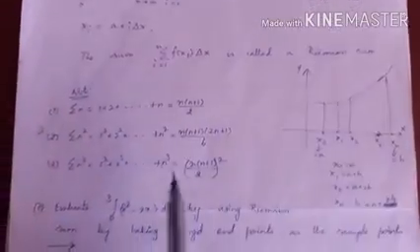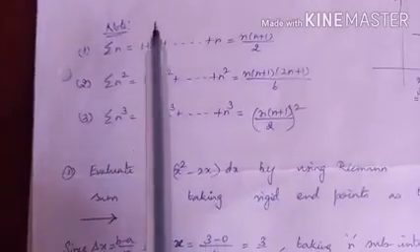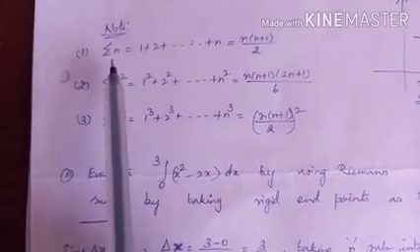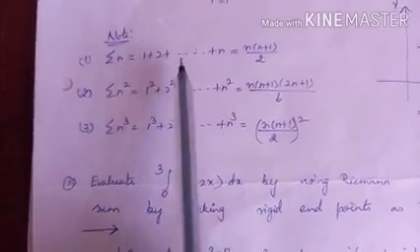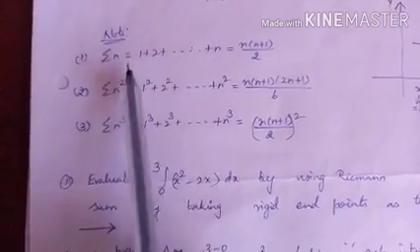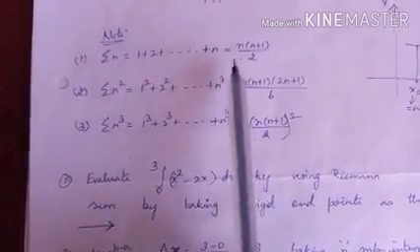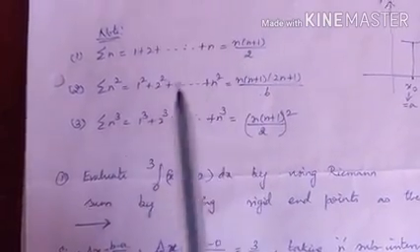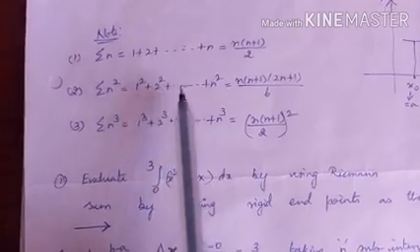Let us see, in order to do problems, you must know all these. What is summation n? 1 plus 2 plus 3 plus up to n, where n takes values 1, 2, 3, etc., which is n into n plus 1 by 2. Then 1 square plus 2 square plus etc.